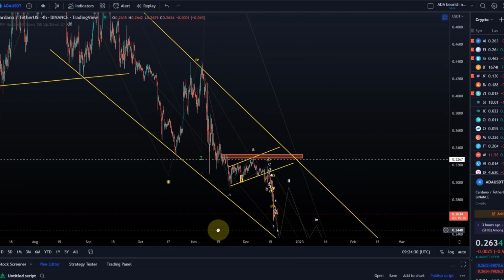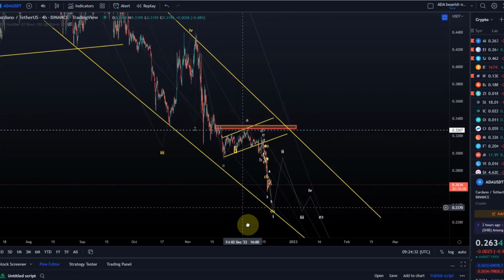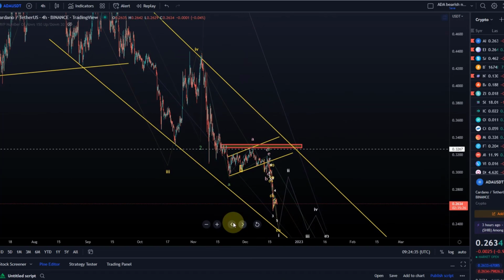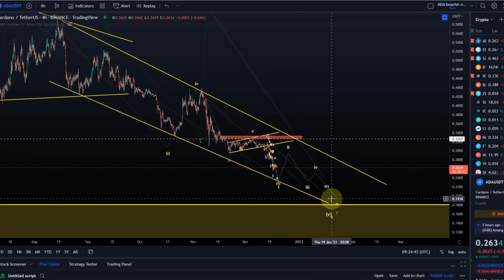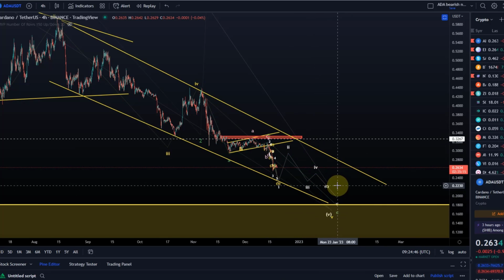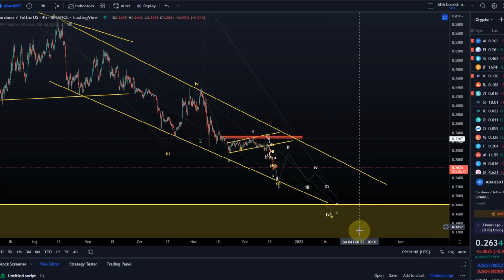And if we take a look at this and say in this current wave 5 we might drop a bit lower, the trend line of the channel would actually support that. So there is support around 23 cents, and if we then see another corrective move up and come down again, we could really drop to around 18 cents or so. We need to correct those targets down and down.